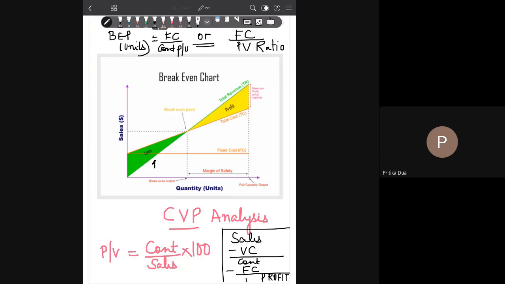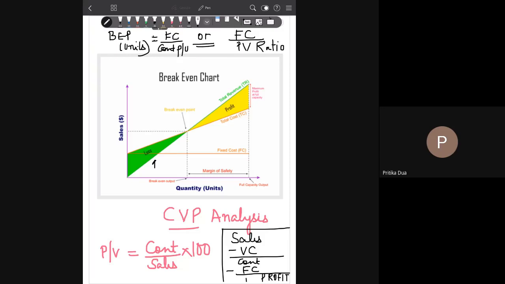The total revenue line is starting at 0, while total cost is starting at a level above 0. Why? Ma'am, because there is a total fixed cost. Okay, always the fixed cost added. One by one. Yes, Aryan, you can answer first. Ma'am, because it is the fixed cost. Very good. Very good. Yes, Aman, you want to add something? No, ma'am, Aryan said very well. It's the fixed cost. Yes, very good.